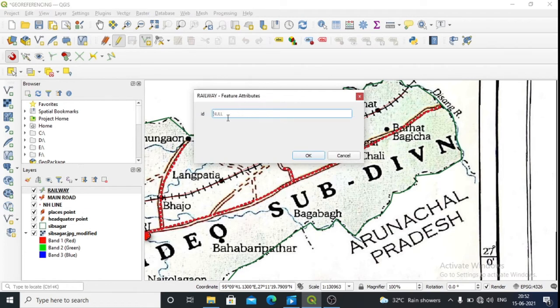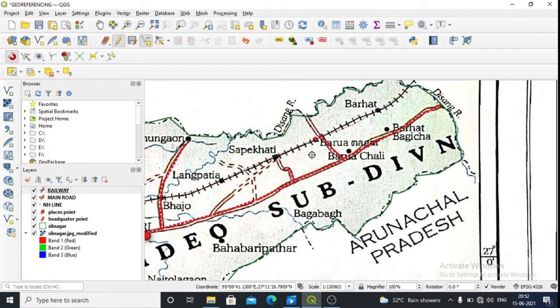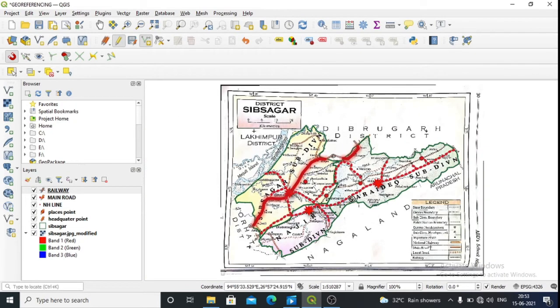Right click, then ID number 1. So it's done, the railway feature has been added.